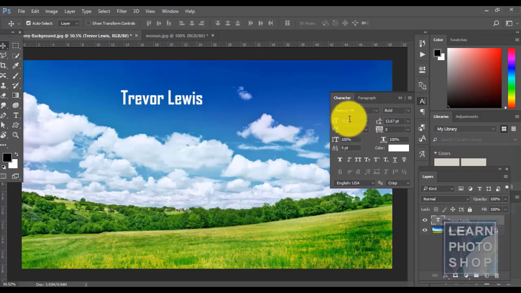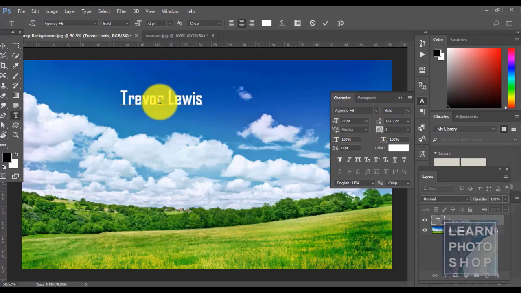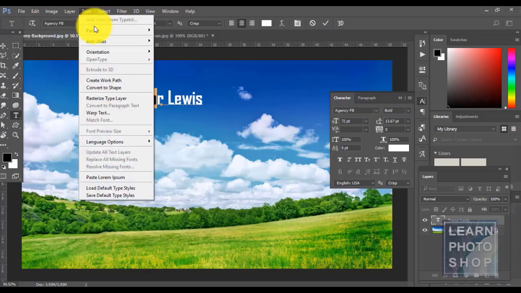Over here you can change the same things that you see on top. When you select the text tool over here, you see the font, the boldness, the size, crisp. It's all here also. Plus you have a paragraph option here. Then type panel,